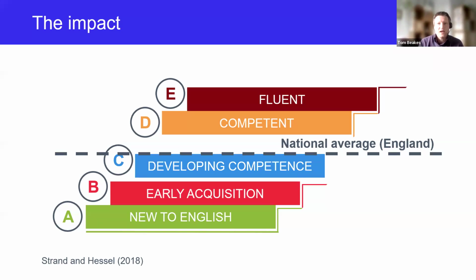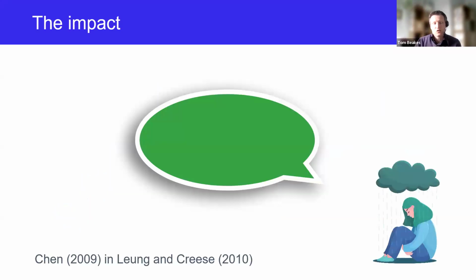In addition, we know that lack of effective support can have a negative impact on learners using EAL and their experience of school life more broadly. And just as an example of that, I want to quote to you an extract from a study of EAL learners in mainstream classrooms in the UK from 2009, where the researcher observed the behaviour of primary pupils using EAL to be alone and withdrawn. And she commented that they are quiet, silent, left out, and unable to participate due to the language barrier. One of the pupils in her own diary calls herself sad at heart.